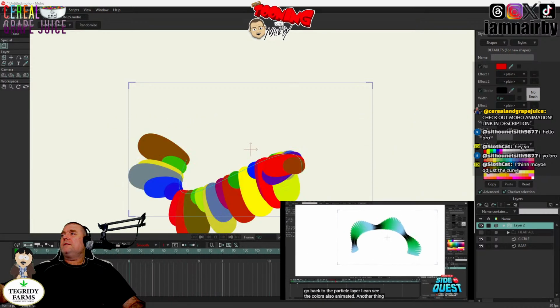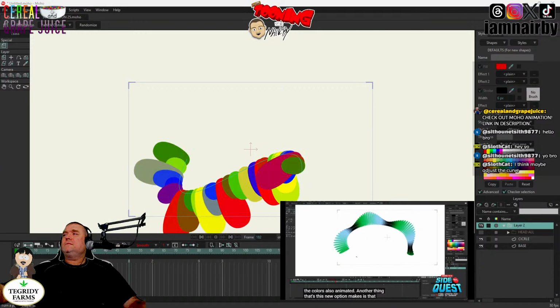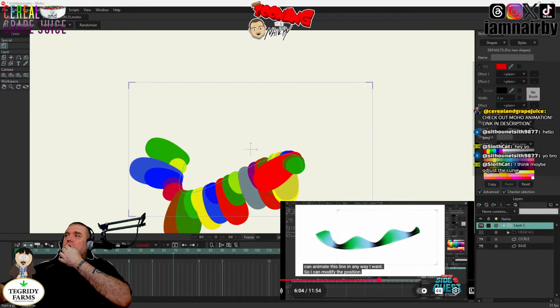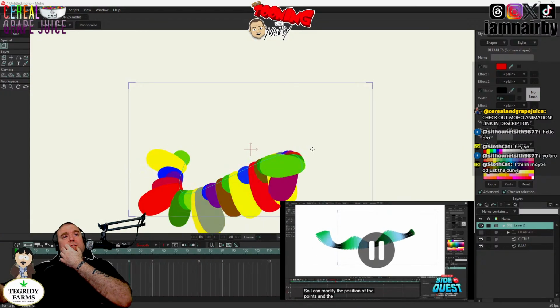Another thing that this new option makes is that I can animate this line in any way I want, so I can modify the position of the points and the